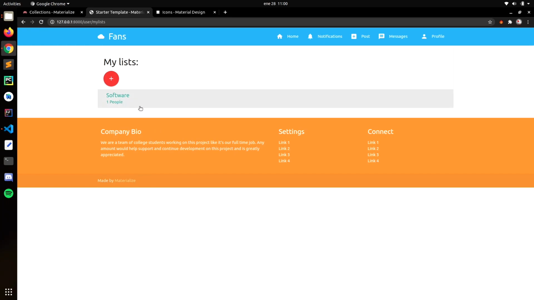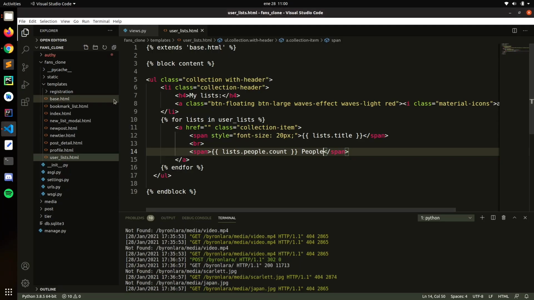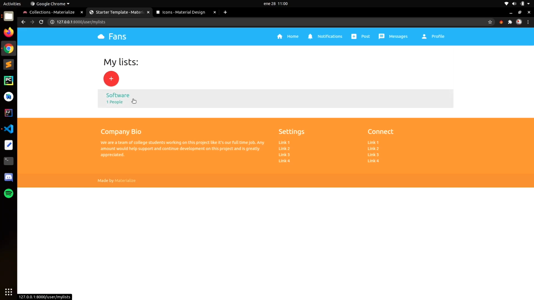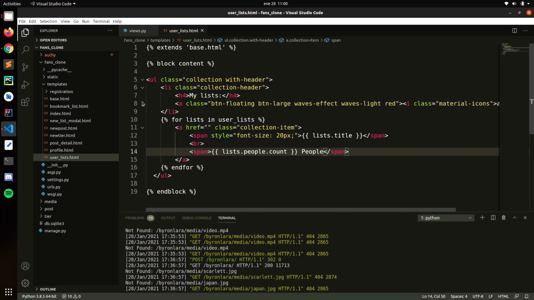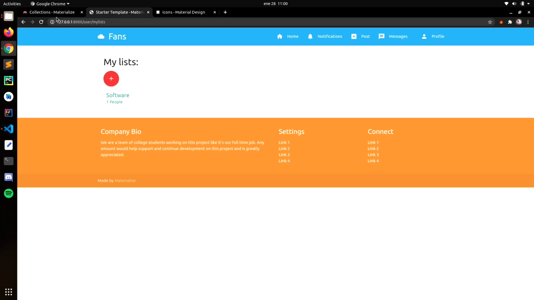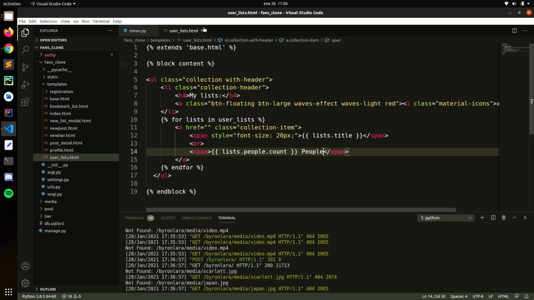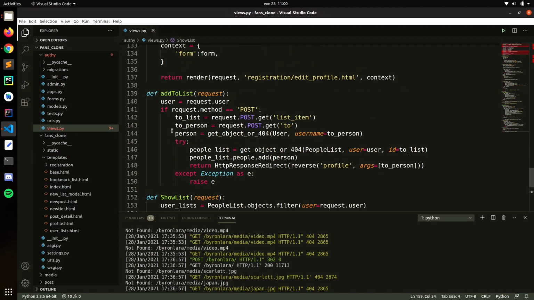Yep, 1 people. So it's working. Yeah, it's working. So here, what we want to do when we click on that, we want to basically load,